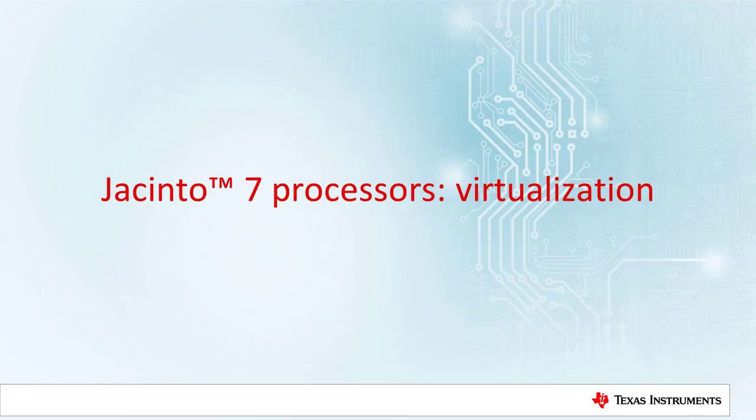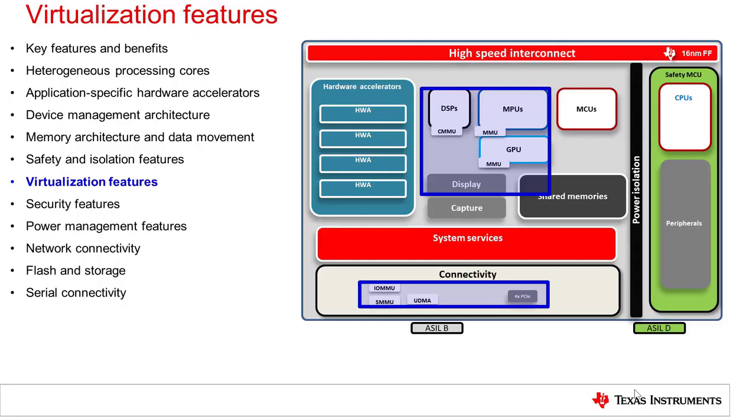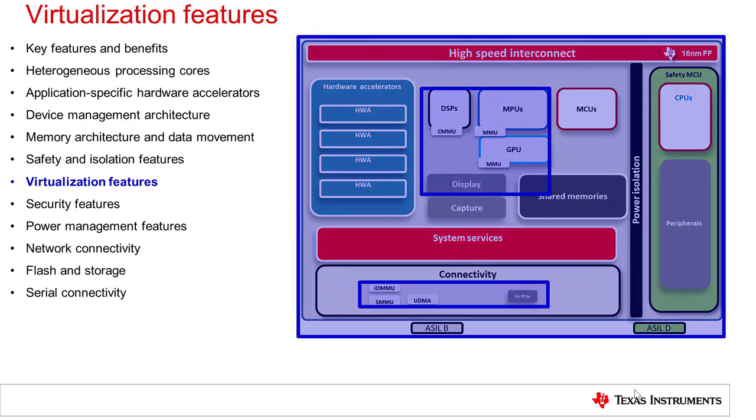The Jacinto 7 processors implement multiple hardware features to facilitate virtualization, which is one popular method to achieve isolation between software tasks. Virtualization hardware involves a combination of central address management and also specific isolation features embedded in IPs such as PCIe, GPU, and the display subsystem. Although some of these features are centralized, almost all core and IP on the device can take advantage of using virtualized data space directly or via the DMA. In this section, I will give an overview of these hardware features.